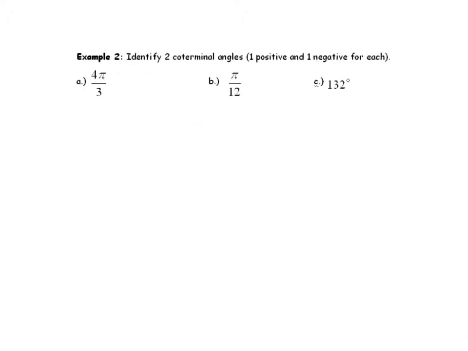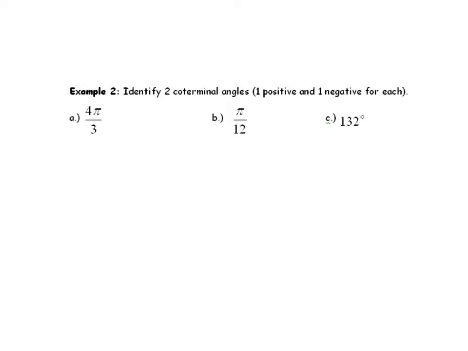A couple skills. I just wanted to review finding coterminal angles this time around, just in case. We're going to talk about it in radian measure, and then I slid 1 degree example. So here in example 2, I'm supposed to identify 2 coterminal angles, one that's positive and one that's negative. So here, we kind of know where 4 pi over 3 is on the circle. Well, let's say we wanted to find another angle, or 2 in this case, that land in the exact same spot. Well, remember that to do that, you're going to take your 4 pi over 3,